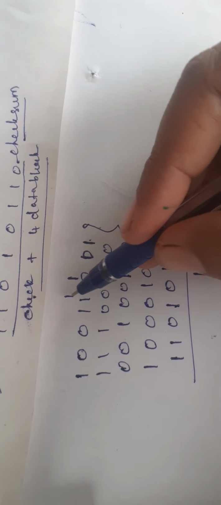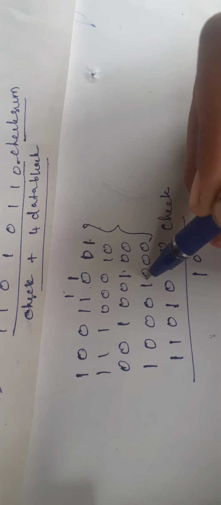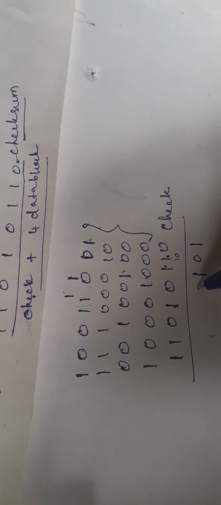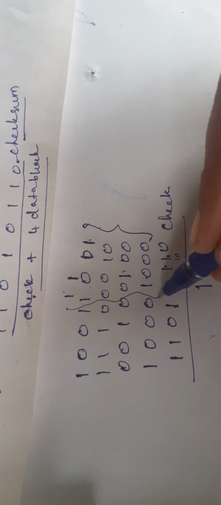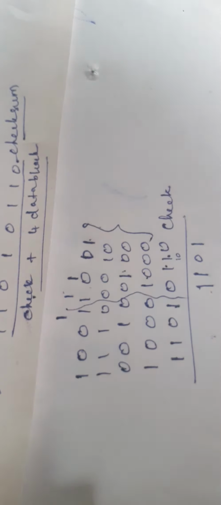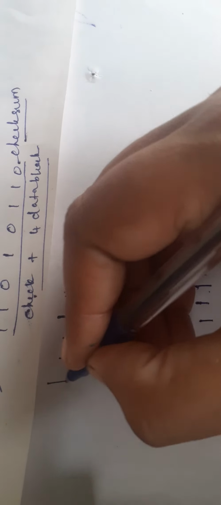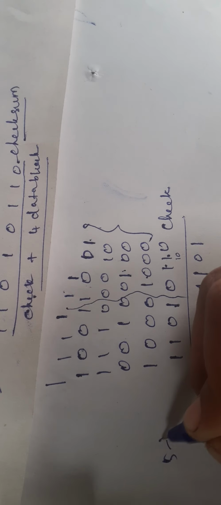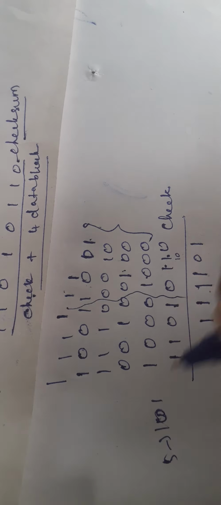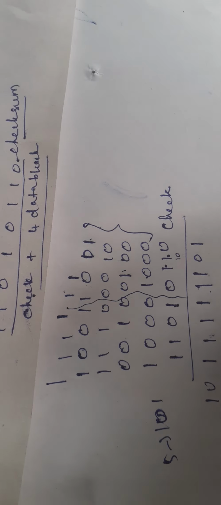So 1 2 3, again 3 ones, so it is 1, and the carry is moved to the fourth value. So 1 plus 1 is 11. Next it is 1, here it is 1. So 3 ones, 11. So here there are 5 ones. The equivalent number of 5 is 101. So 1 0 1. So the 01 is a carry value that should be added here. So on adding 1 plus 1 it is 1.